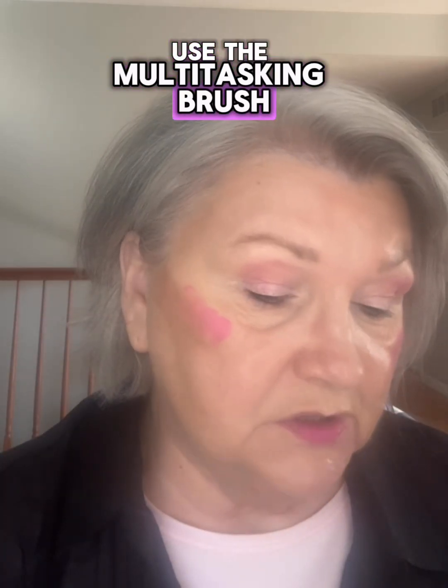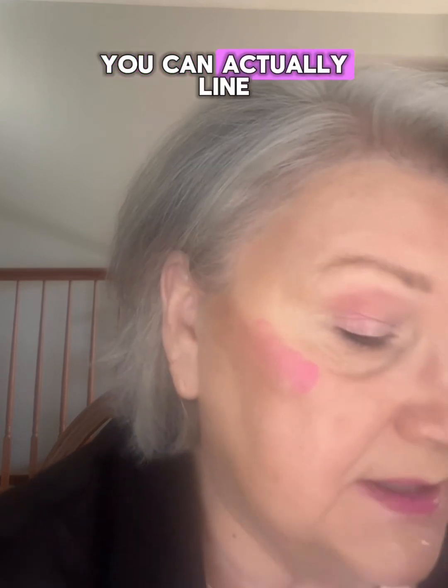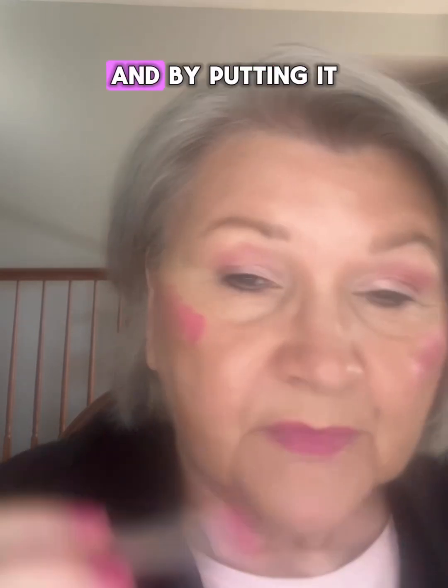Okay. Put it on with your finger, or if you truly want your lip color to last a little longer, use the multitasking brush. For mature women, this is great because you can actually line that lip, and by putting it on